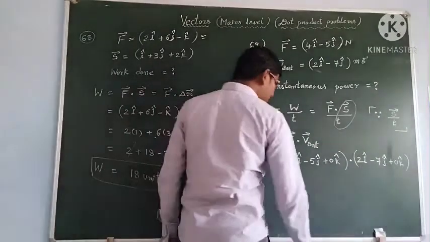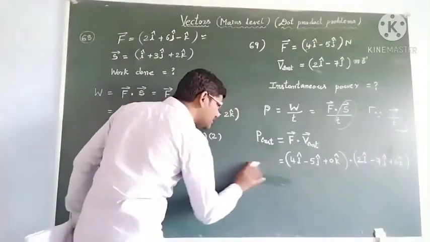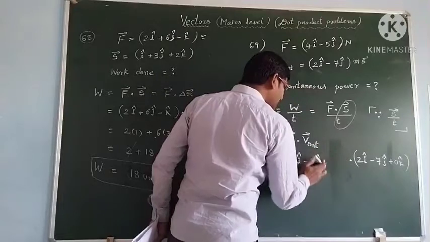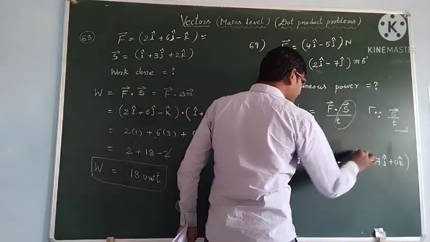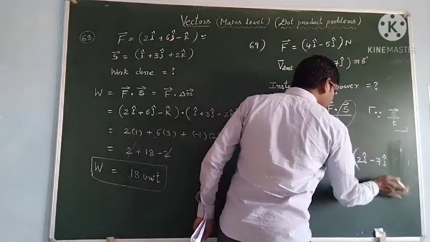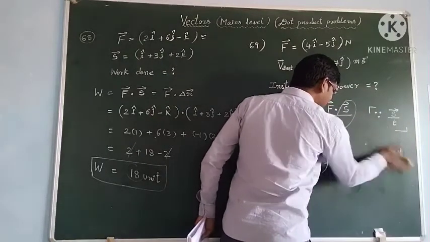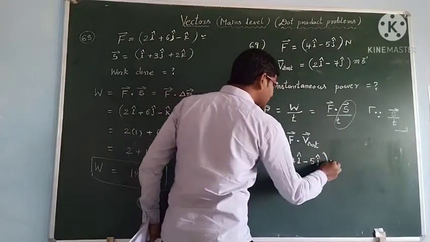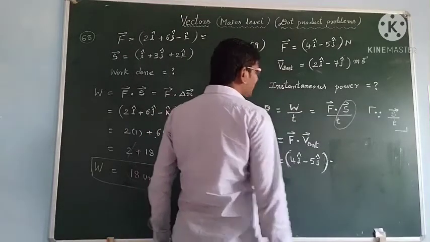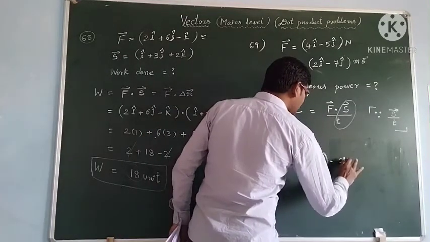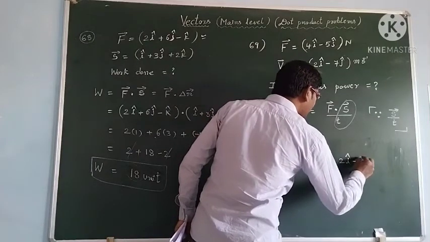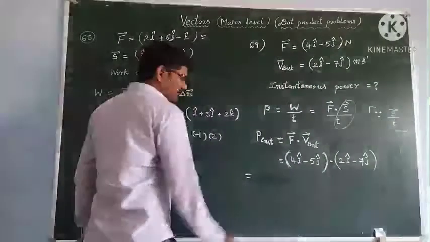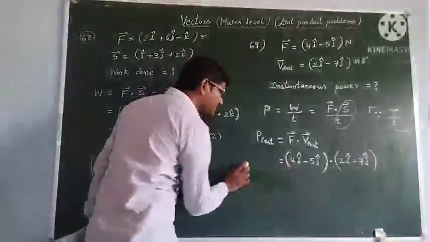Okay students, in the dot product of vectors, see students, the 0 into k cap need not be written, and the dot product with 0 into k cap is also not needed. So what do we have here? 4 i cap minus 5 j cap dot 2 i cap minus 7 j cap. Then write the individual terms, students.